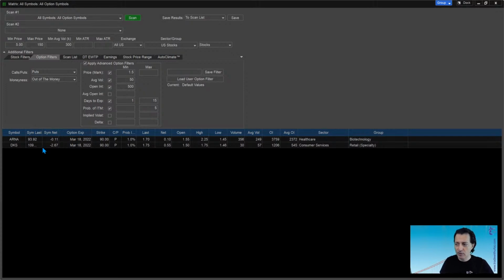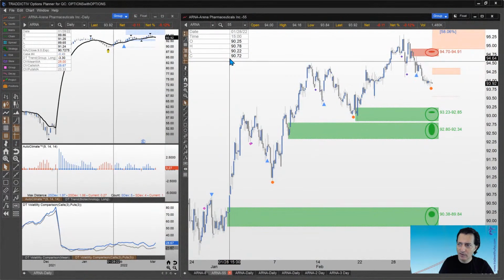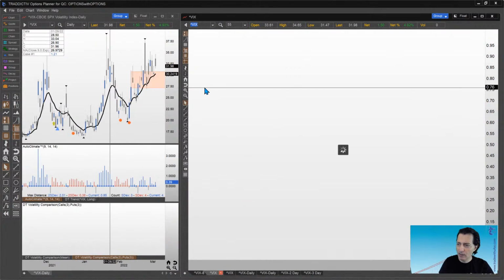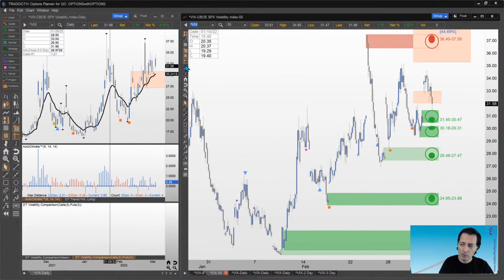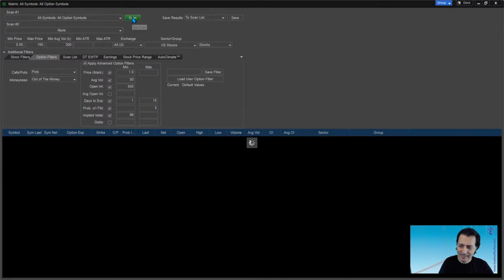Then another interesting approach when looking for crazy situations could be that you look at the VIX. I thought I had it in the list, so let me type VIX. So when you look at the VIX here, VIX is currently 32. So you may tell me, look, I want a minimum implied volatility of at least 3 times the VIX. So being 32, that would be 96. So scan,